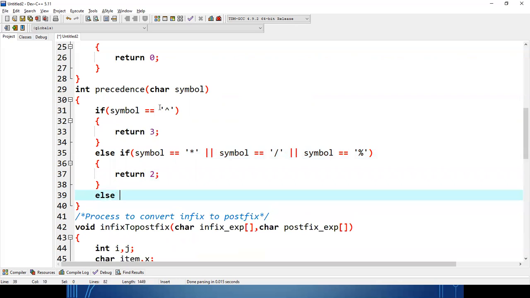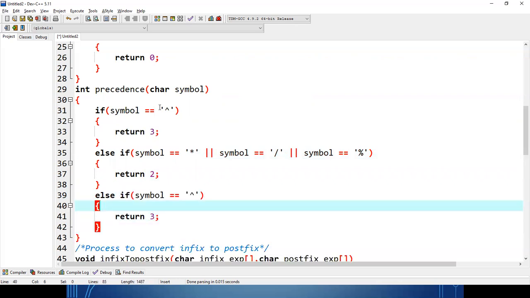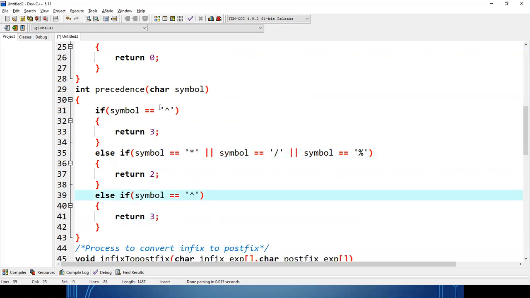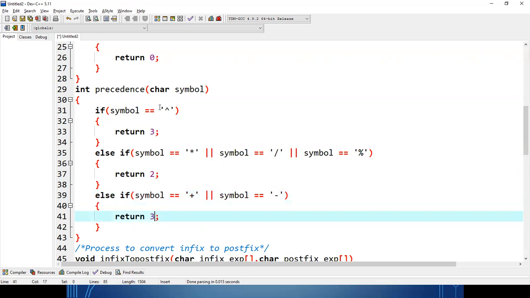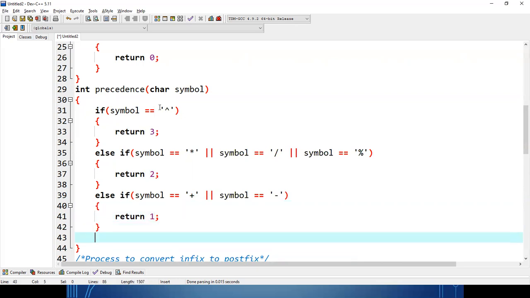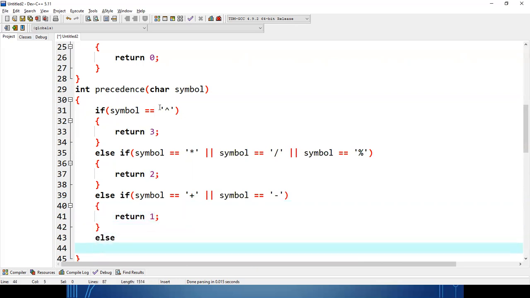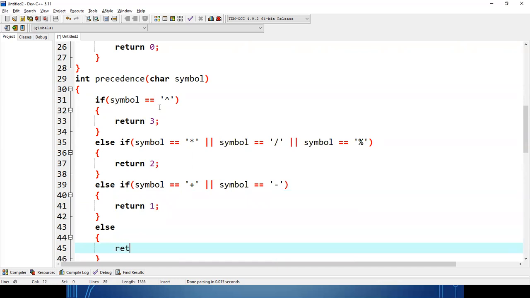Okay, else if my symbol is equal to plus, or symbol equal to minus, then I can return 1, else return 0.